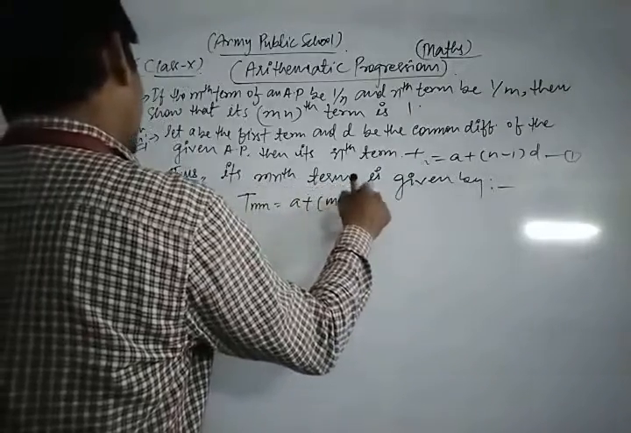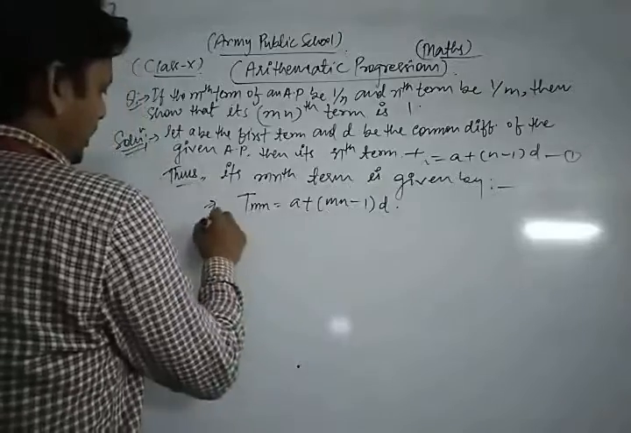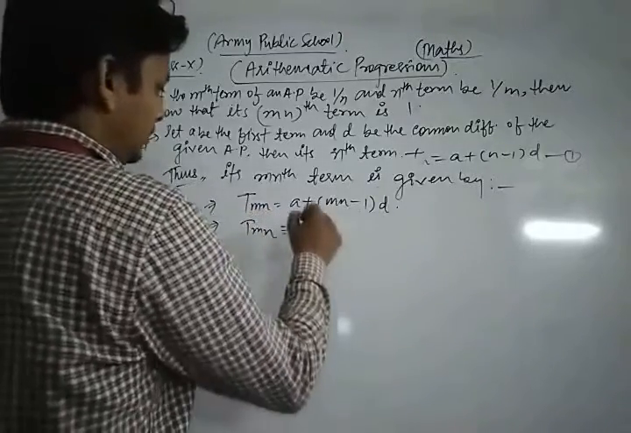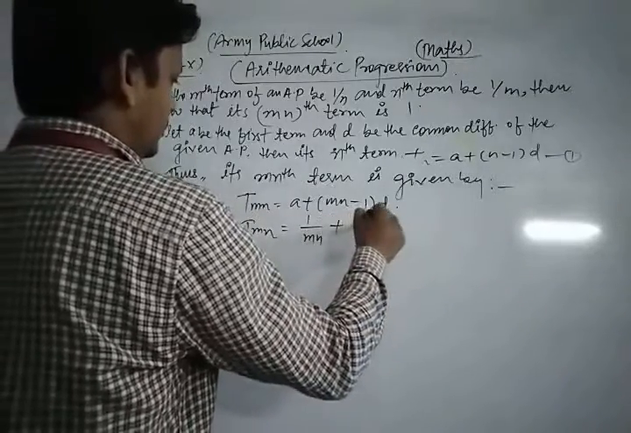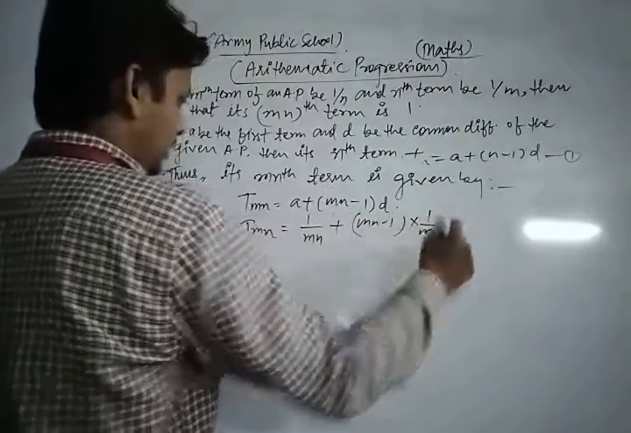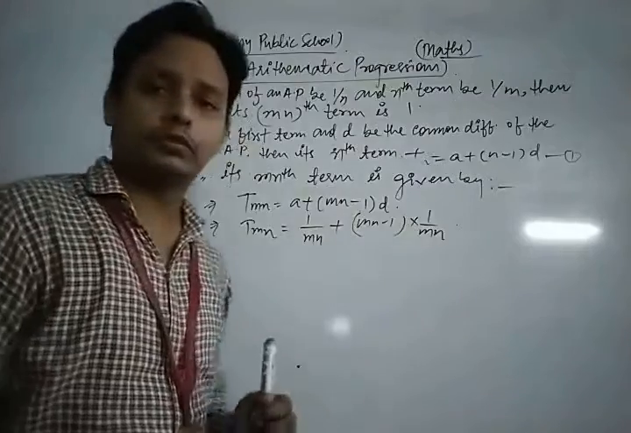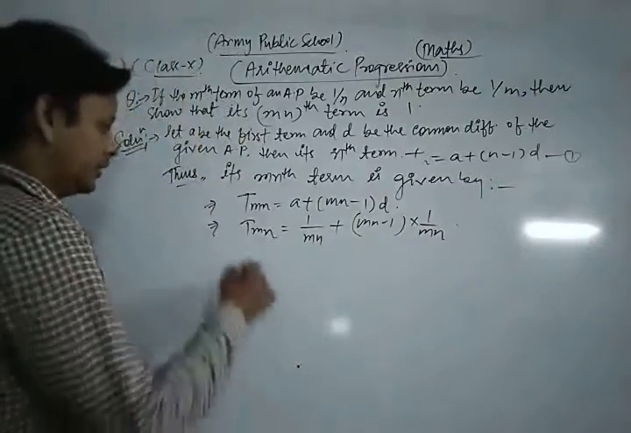is given by a plus mn minus 1 into d. So we have a is 1 upon mn, d is 1 upon mn, so (mn minus 1) into 1 upon mn. Means we just put the value of a and d in the given expression, so we get